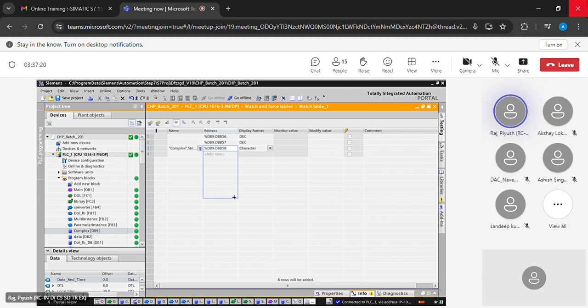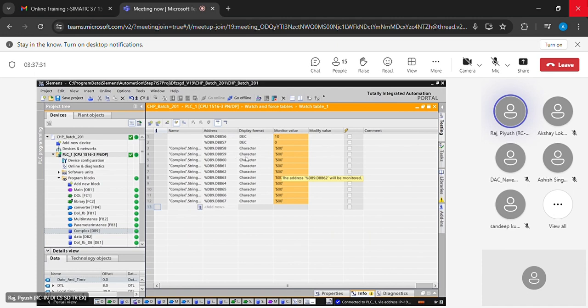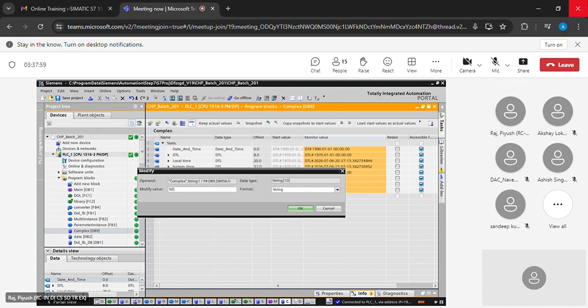Okay, so here you can see. This is my first string, correct? In the first string, these first 2 bytes are the information. So the first byte will tell me the total number of characters that I have in my string, and the second, how many of those are in use. So here I haven't defined any string inside that particular address, so it is showing 0. As I define it, for example, here if I define Siemens,